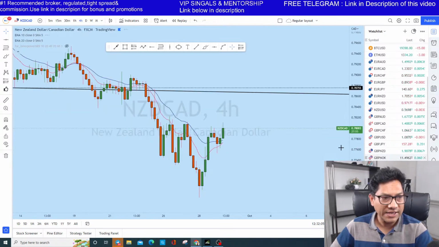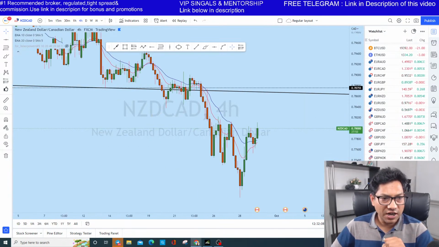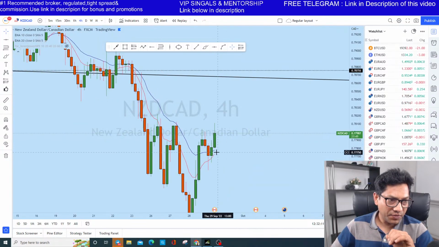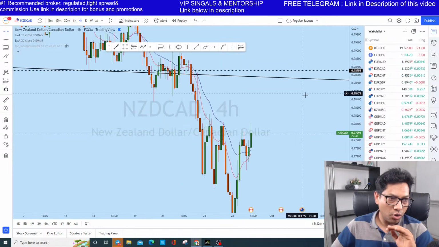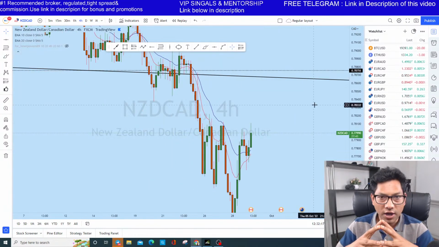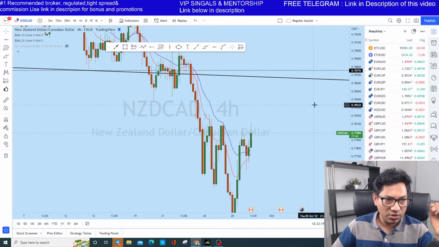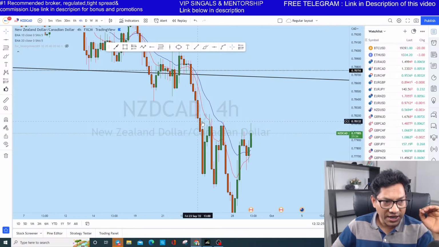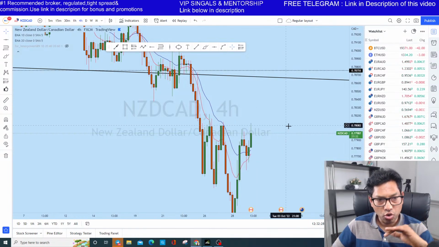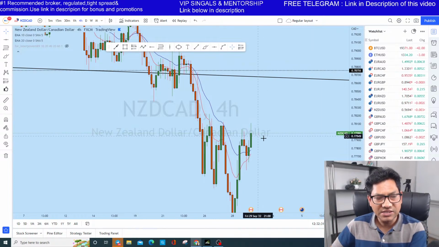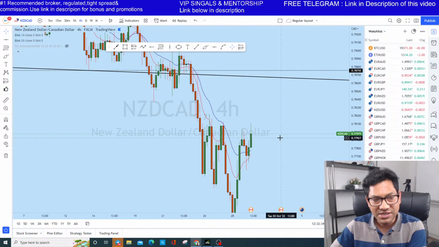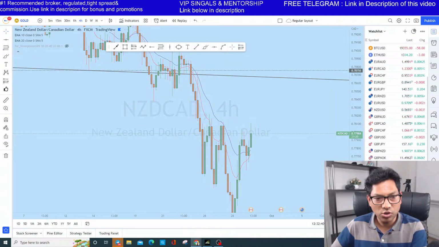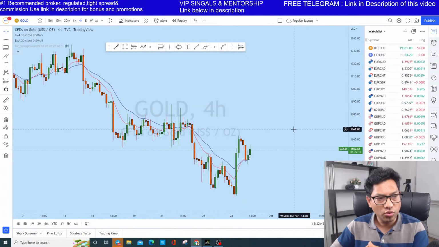First of all, I want to look at NZD CAD. As you have seen, early today I posted analysis on NZD CAD, and the price is going in the direction I mentioned. In my analysis, NZD CAD was likely to go there, probably create a lower high and then could drop. Now it looks like the candle is doing that, but we still can't guarantee until the candle closes. We'll look at how it is doing, including gold as well, going up again, and we could find some trading opportunity in all these pairs.